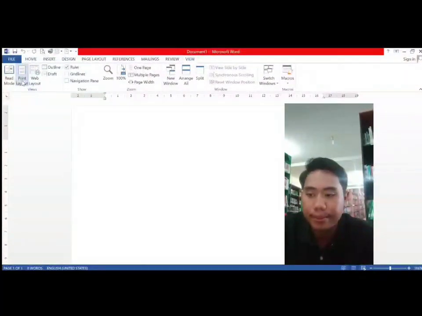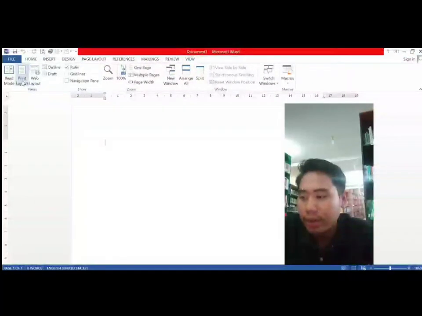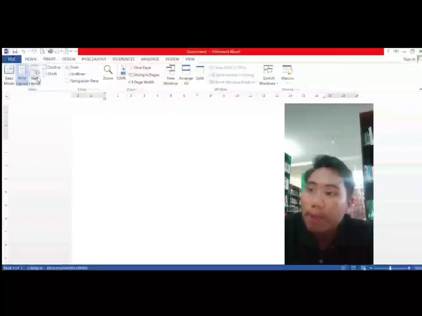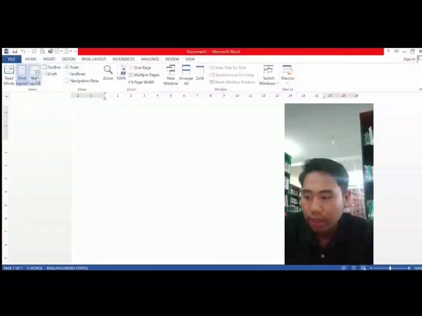Print Layout. Useful for displaying a document in Microsoft Word as it will appear when printed. Web Layout. This is to set the location of the web browser.